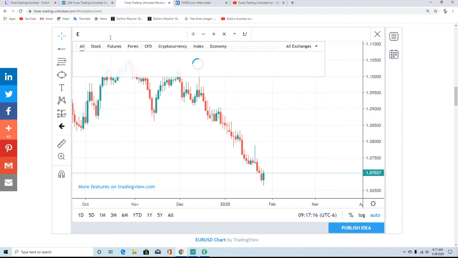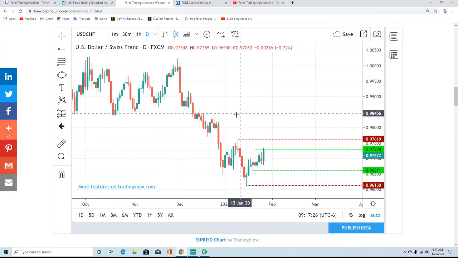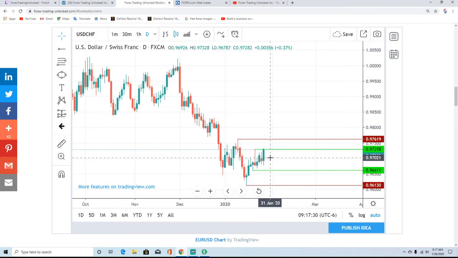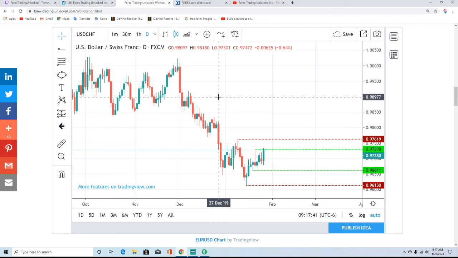So now we're going to go back to our US dollar Swiss and see what's going on here. If the US dollar and the Swiss are the flight to quality currencies out there, right now this looks like it's just a corrective rally. I would not be a bull for the US dollar Swiss just because the dollar is a short-term bull, because overall the Swiss is really where flight to quality has been going. This is very fundamental news-driven momentum going on right now.